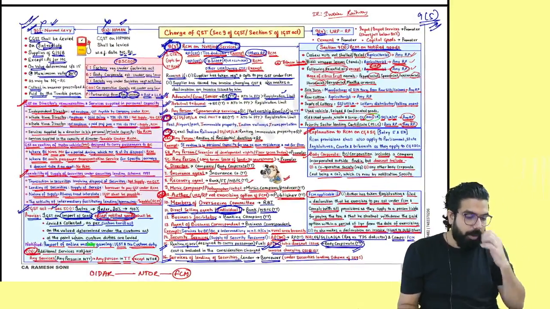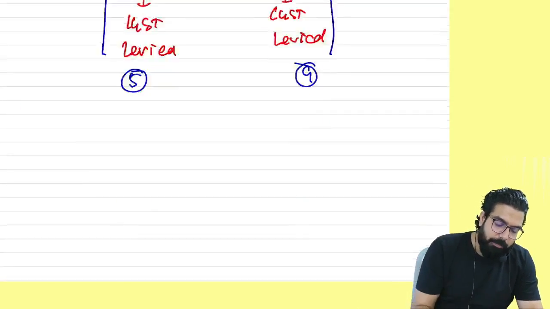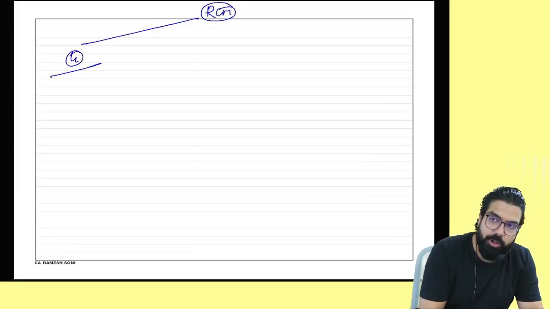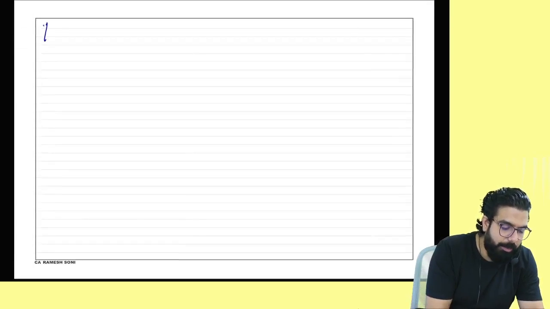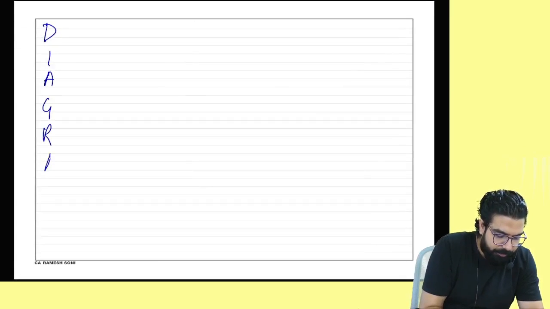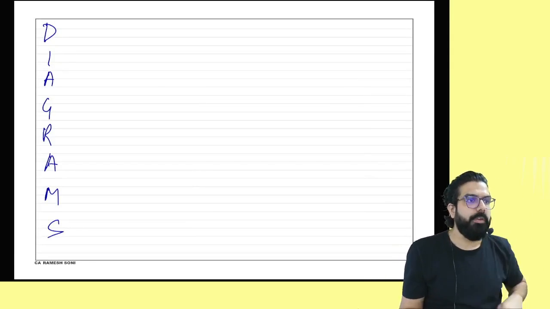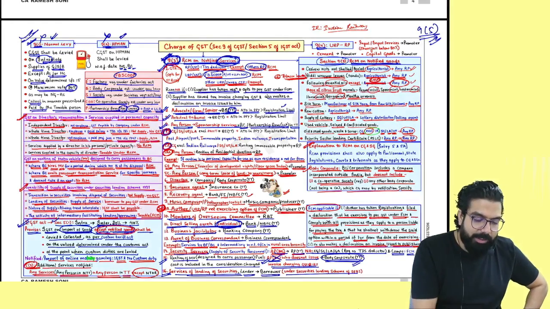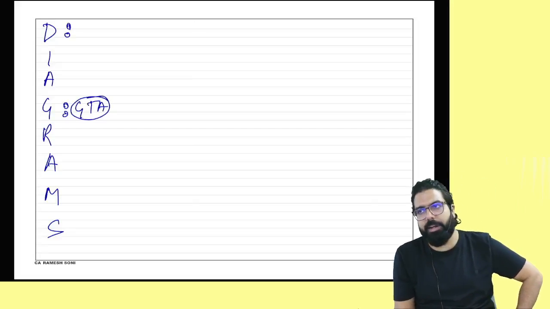Now listen. We are done with the chapter on charge of GST. In charge of GST, we learned the main two things, RCM with respect to goods. I told you what it was. For services, you can remember a diagram. What is the diagram? The first one is GTA. GTA services, always GST will come under RCM.